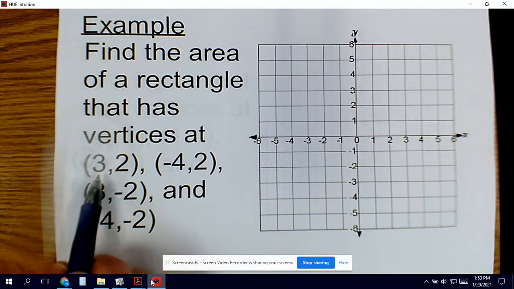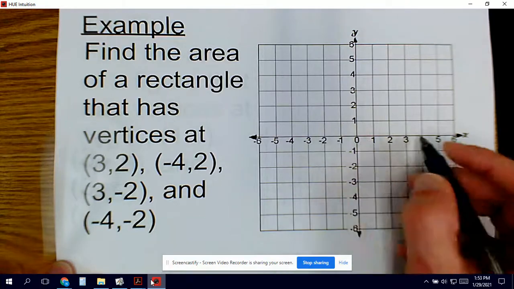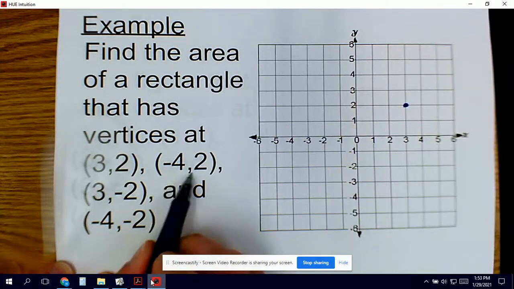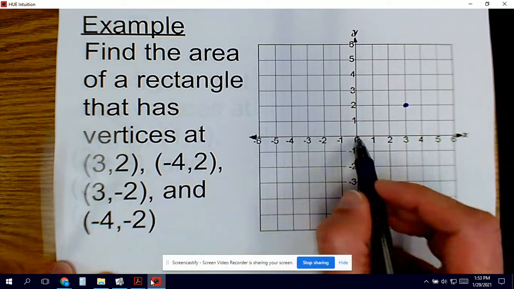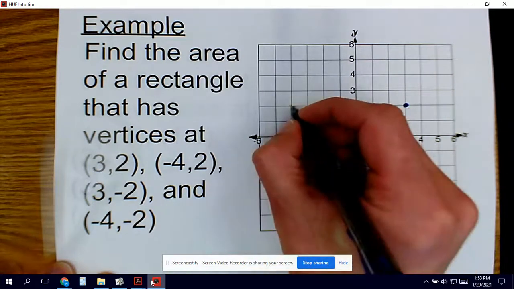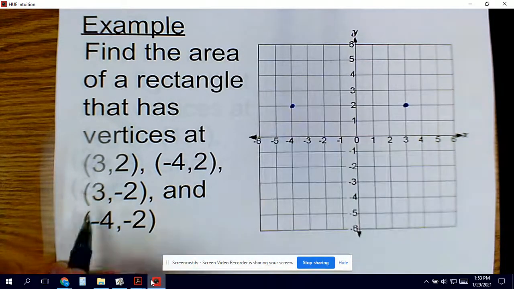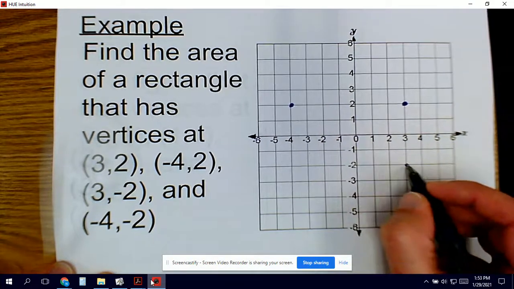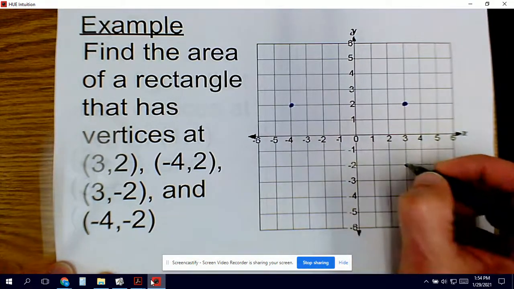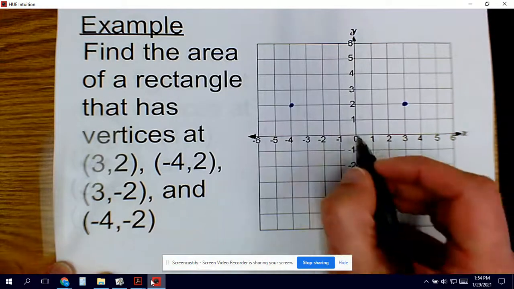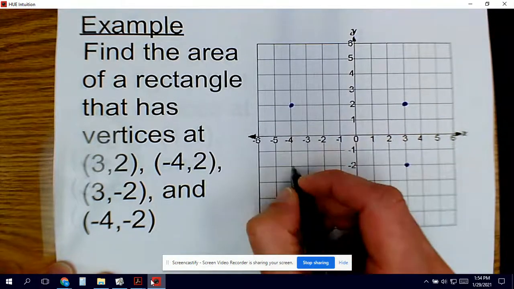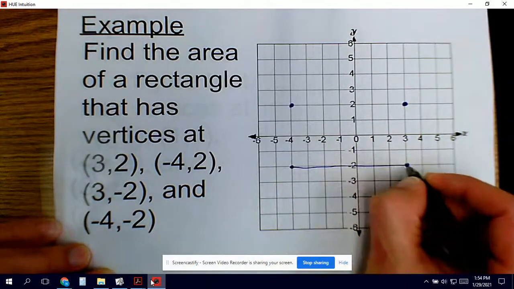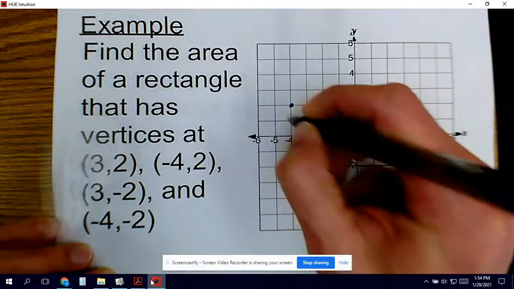We're going to graph an ordered pair at 3, 2, so 3 to the right and up 2. So there's 3, 2. And then our next one is at negative 4, 2, means from the origin we are moving 4 to the left and up 2. 3, negative 2 means 3 to the right and down 2. We're in quadrant 4, plotting our point. And then finally, negative 4, negative 2 means 4 to the left and 2 down. Let's go ahead and connect those vertices, and we should get